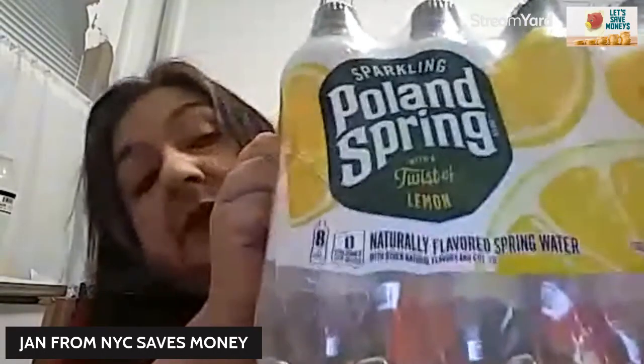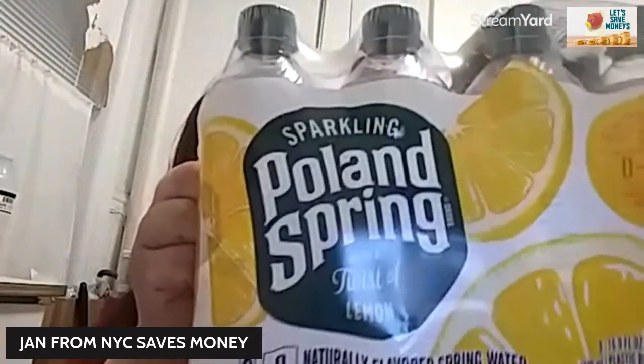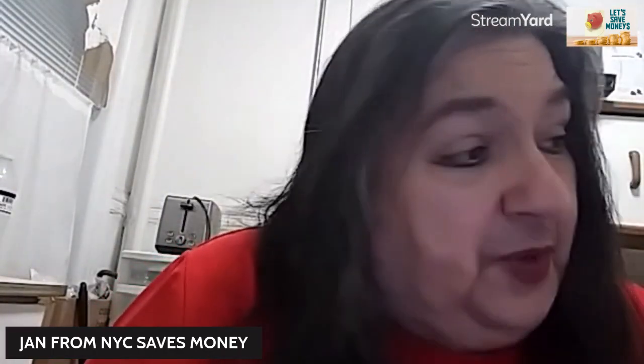savings pantry. All right, but I want to show you something I enjoy drinking. This is Poland Spring sparkling with a twist of lemon. This is an 8-pack of this water. If you're not a huge water fan, to be honest with you, in the summer I'll crave water. In the winter I don't crave it as much, but I want to have it a little jazzed up. So I will go for the little bit of extra that it might cost me to get this sparkling Poland